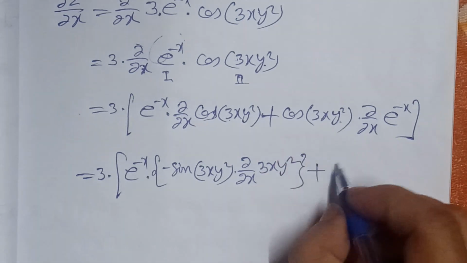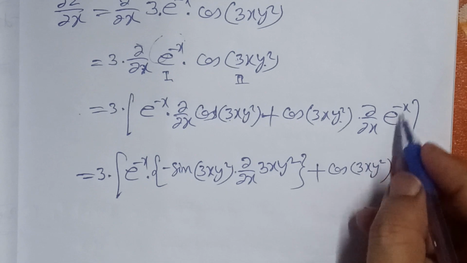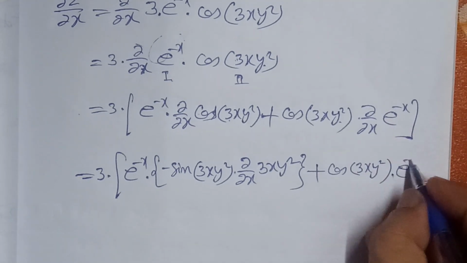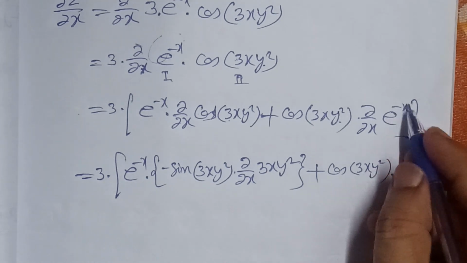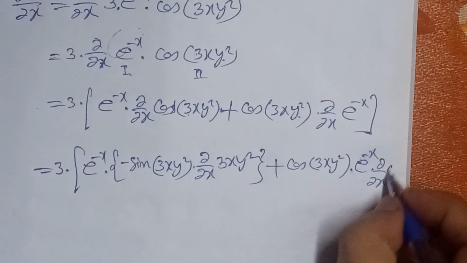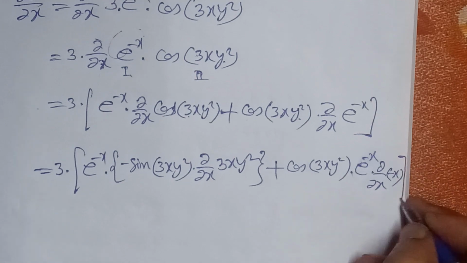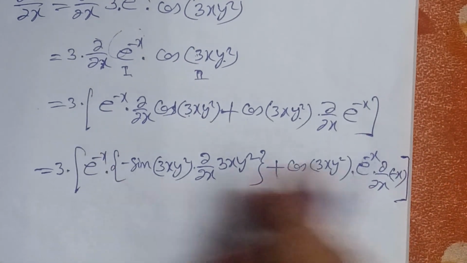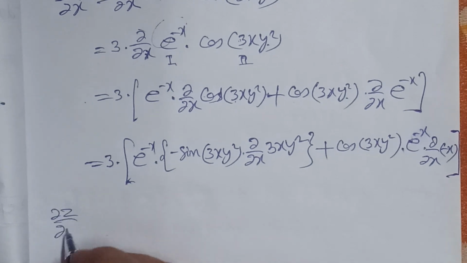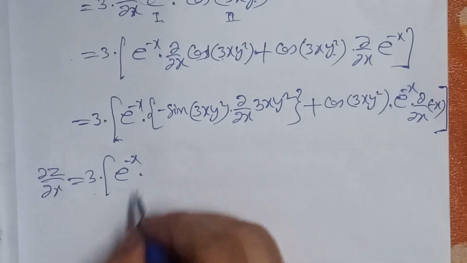Now write cos(3xy²) and differentiate e^(-x). Differentiation of exponential is e^(-x), but this is not just x, so we have to differentiate -x with respect to x partially. Close this square bracket, which opened here. ∂z/∂x is equal to 3 times e^(-x)